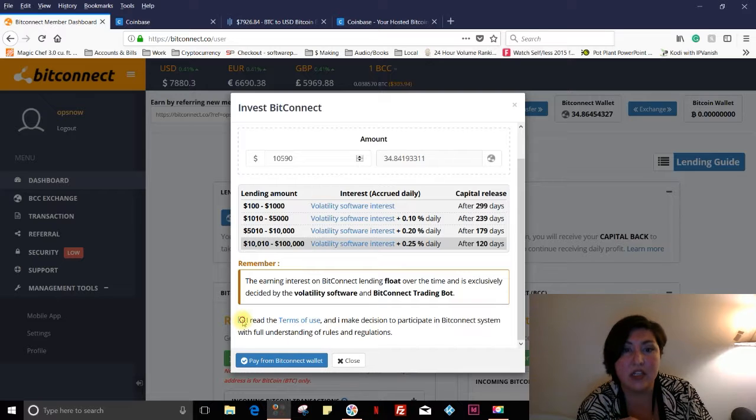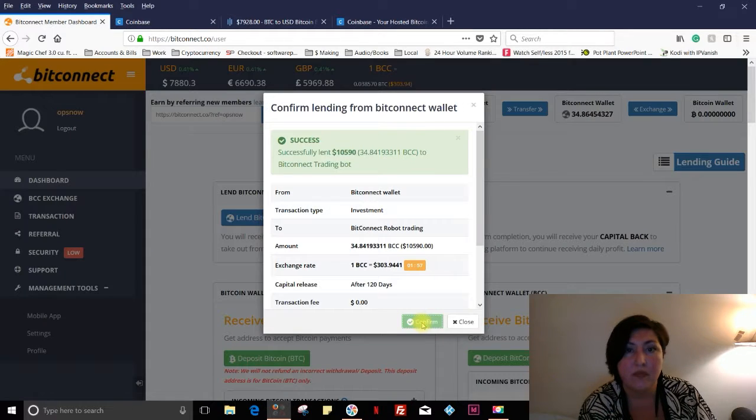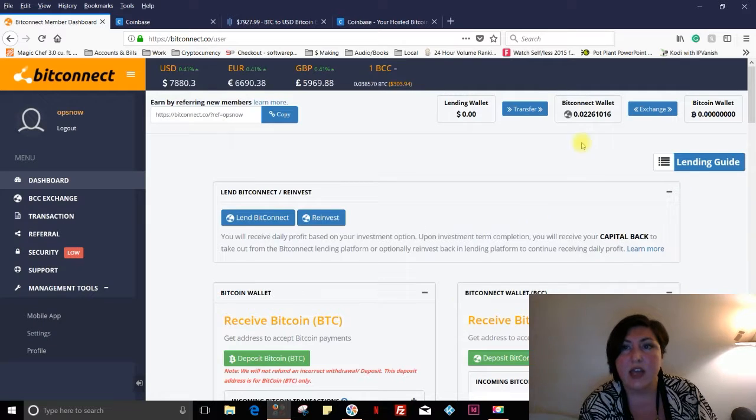After you have read the terms of use, you will click this little box here stating that you did read that, and then you're going to pay from the BitConnect wallet and confirm. All right, success, woohoo! Then we close that, and whatever I have left here, I'm actually going to switch it